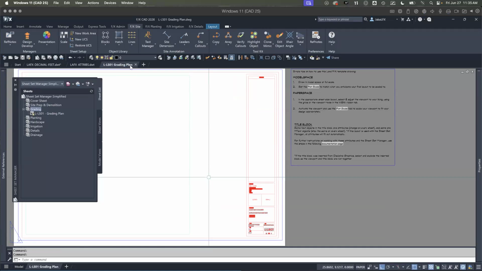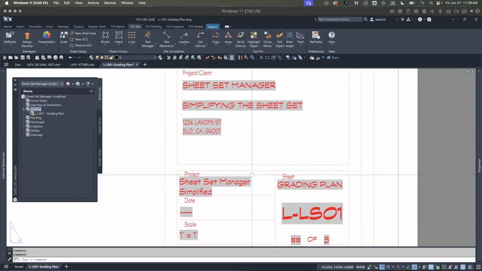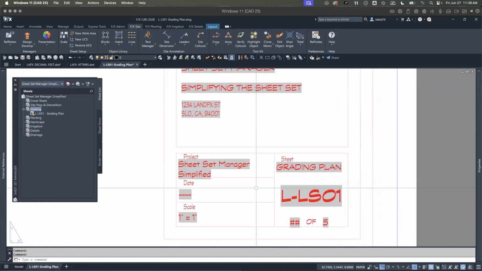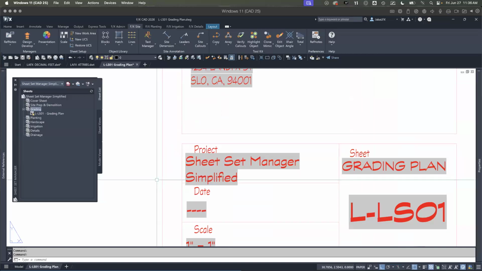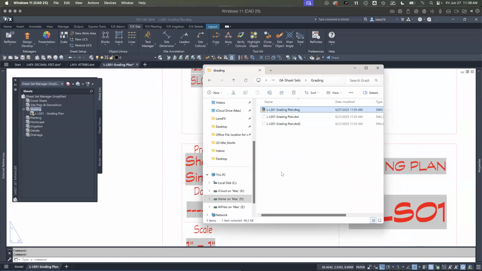So now I have a new file already created with this layout with all of my information already filled out. I did not have to touch a dang thing. And that's the coolest part. And I know that was the part where Amanda got excited in her webinar too. It's like, oh, wow, I don't have to set that up anymore because it's already created for that. So let's go back over and look in grading and see that it put the file in the right folder